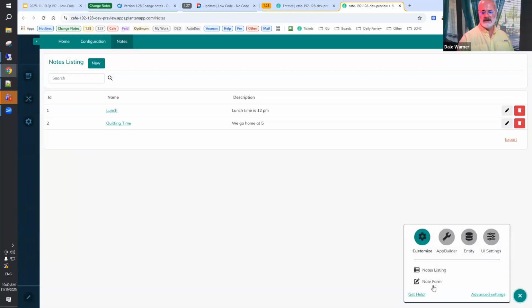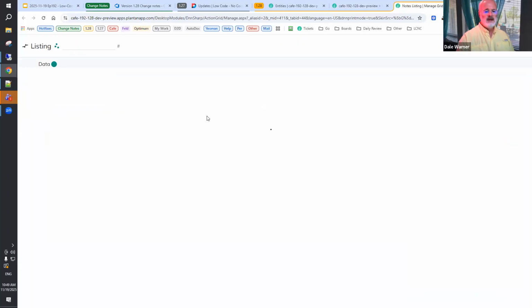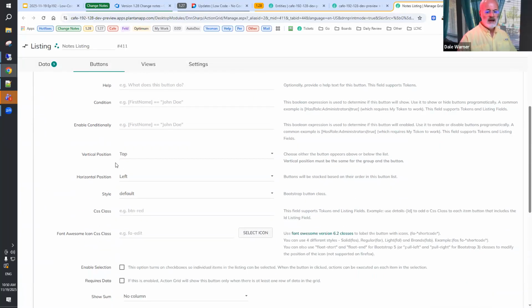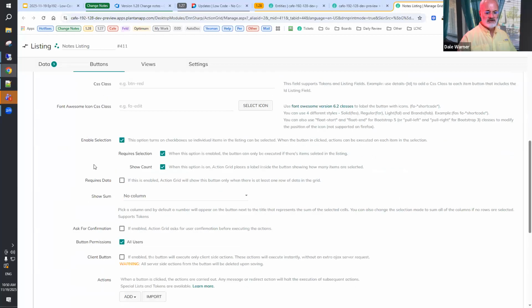So we look at this listing and open it up here. I'm going to add a button, let's say a change selected button. I'm just demonstrating, not actually going to do anything here, but if you enable selection